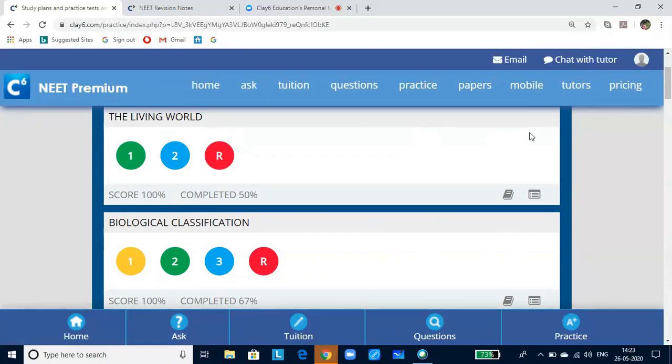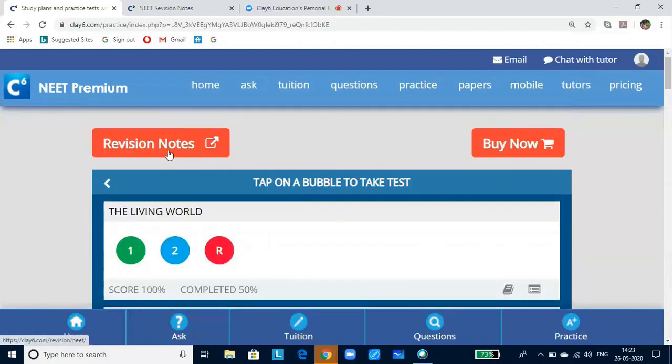In today's class, I will be revising the key concepts, doing a practice test based on concepts learned, and in the last 5 minutes I'll answer your queries. Here you see a revision notes button. If you click it, it will open into the revision notes, which is a PDF file. Now, before we get into it, you might be wondering how NEET exam papers are going to be. I know, don't get tense, be relaxed.